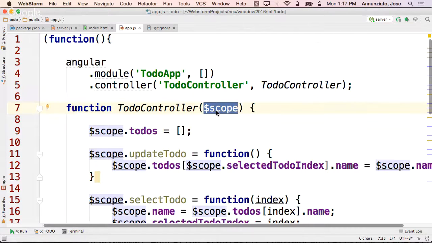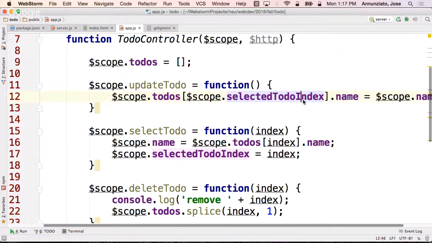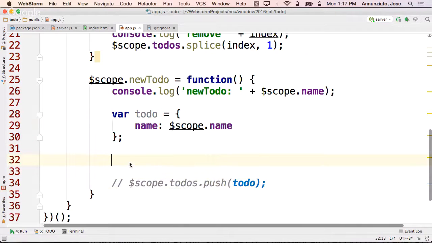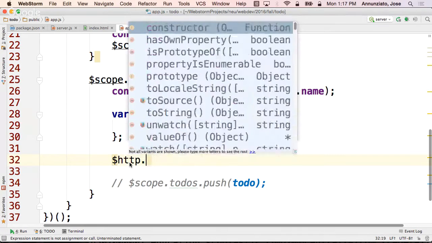Scope talks to the browser through an object model. And then there's another service called HTTP that allows us to talk to HTTP resources. For instance, our server. Our server is an HTTP resource. So for instance, one of the things that we could do in the 8 minutes that I have: when we do a new to-do, we could create the object, but instead of pushing it in this array, we're going to notify the server, hey server,